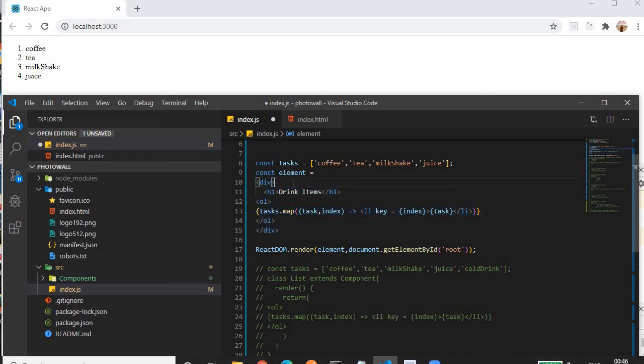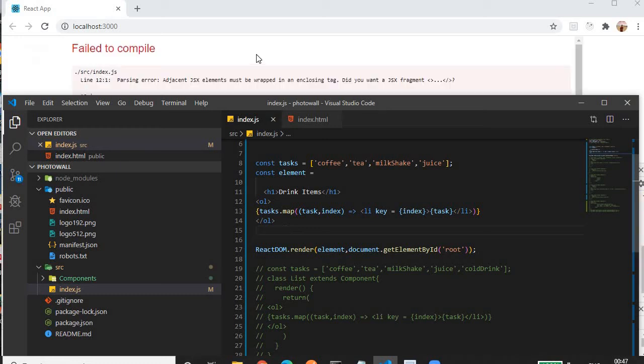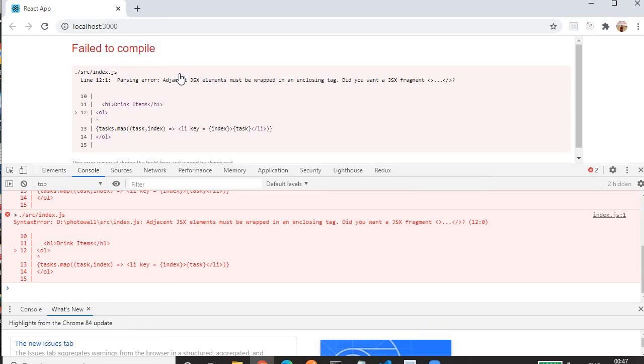So we'll see without including the div tag. We'll see the error. Save it. It says failed to compile: parse error, adjacent elements must be wrapped in an enclosing tag. So it is saying the adjacent or sibling elements should be enclosed within some starting and ending tag.